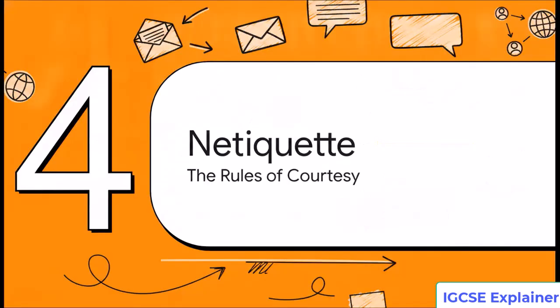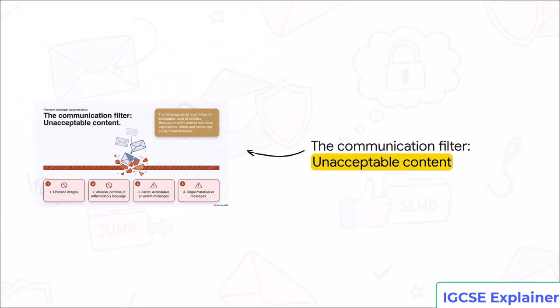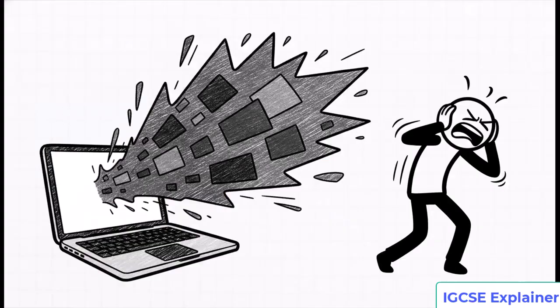All right, moving on to our third pillar in Section 4, the rules of netiquette. Here's the thing about email. Because we lack facial expressions and tone of voice, humor is incredibly easy to misunderstand. That's exactly why maintaining a strict communication filter is vital. You have to keep out profane, inflammatory, or illegal material that could completely tank your professional reputation in an instant. Which brings us to a golden rule we have all likely suffered through at some point: never use all caps. Seriously, in the digital world, it's universally interpreted as aggressive screaming. It just makes people defensive, so definitely avoid it.